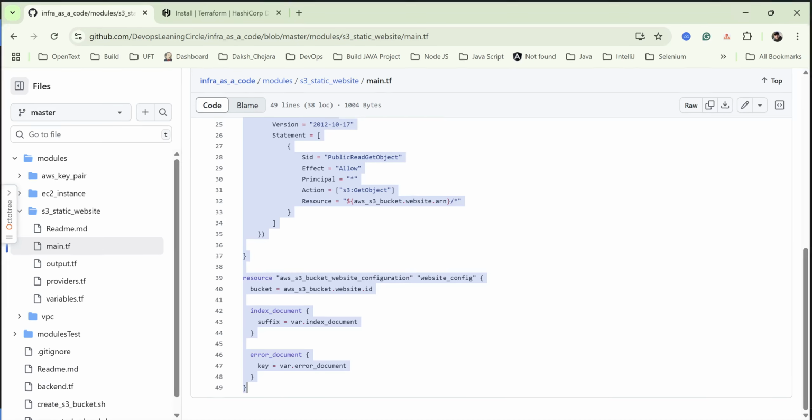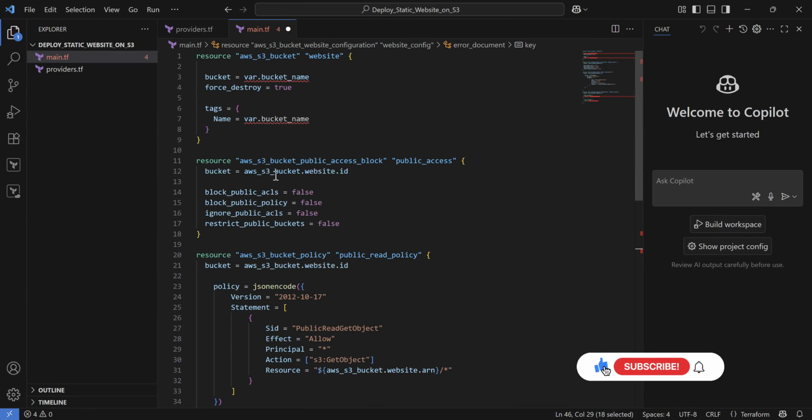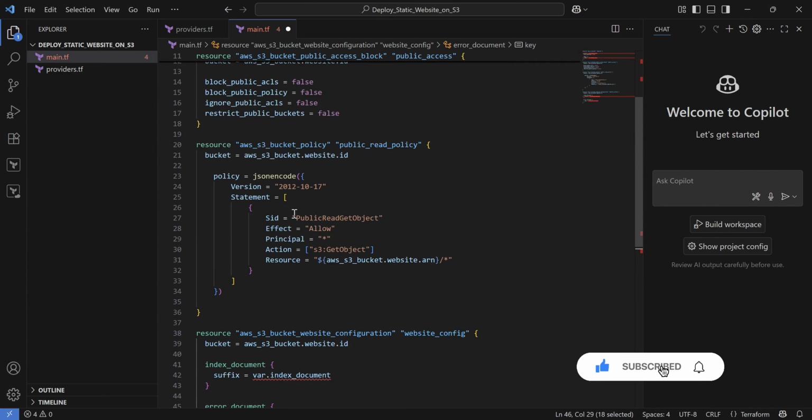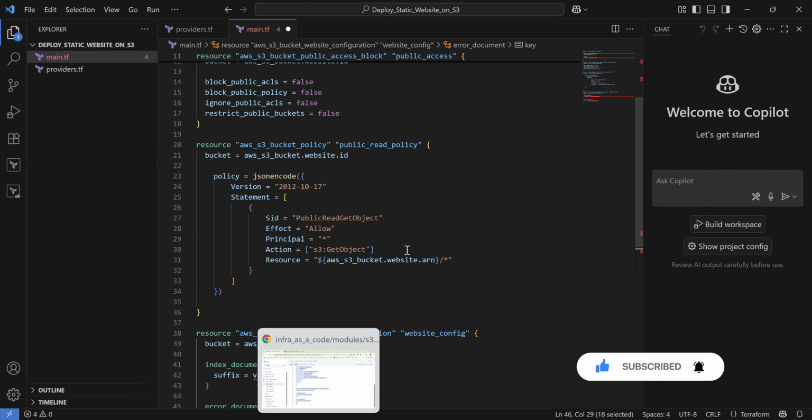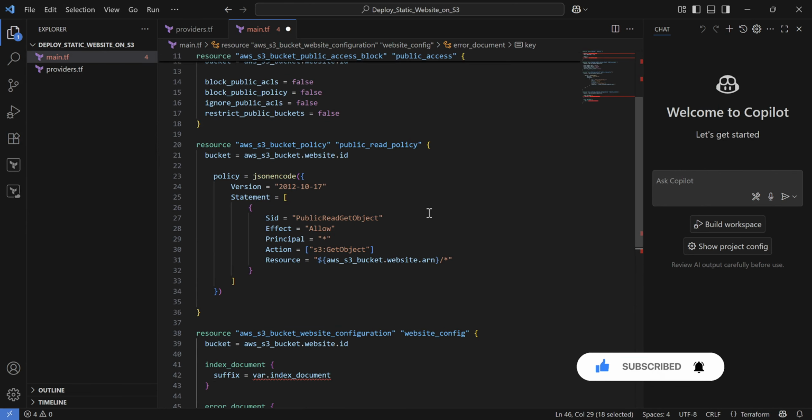So this is all in the main.tf file. This is just a demo for you to understand how Terraform is working. Later on we will discuss each and every thing about the Terraform code in my next video.